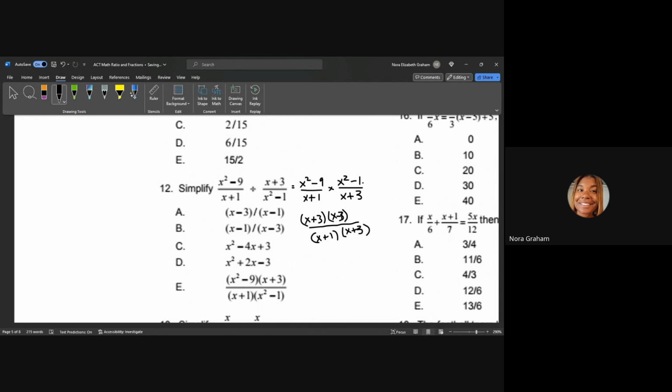This is a square, and then 1 is a perfect square. Square root of 1 is 1. So again, this is the difference of squares property. I can write this as x plus 1